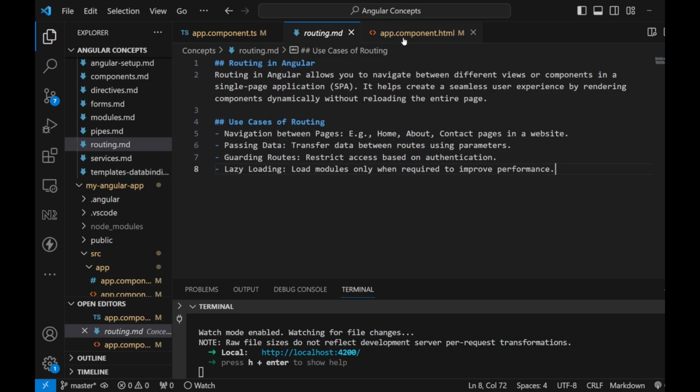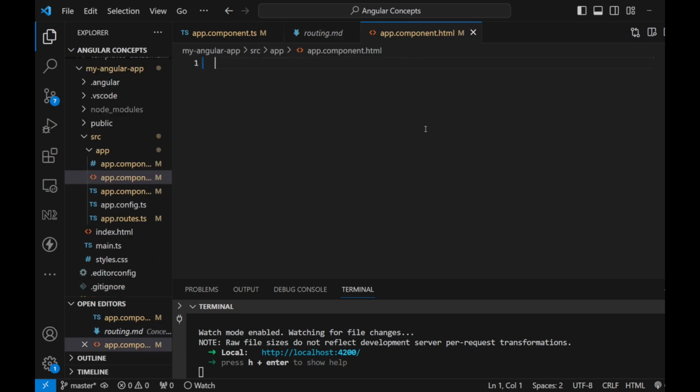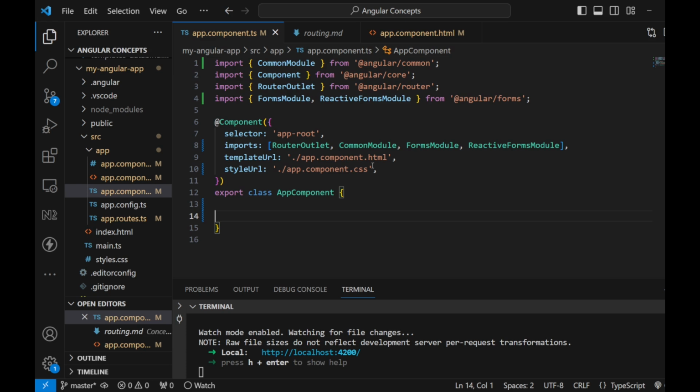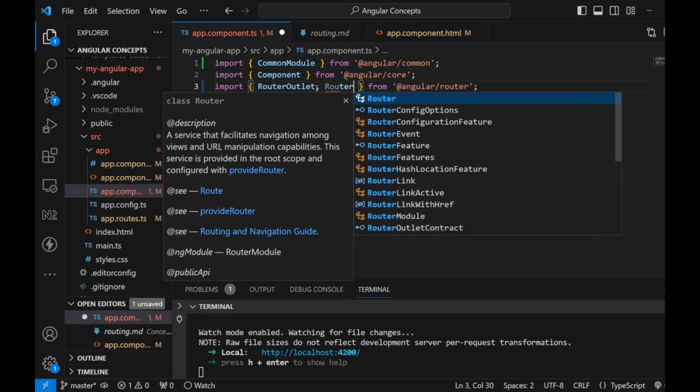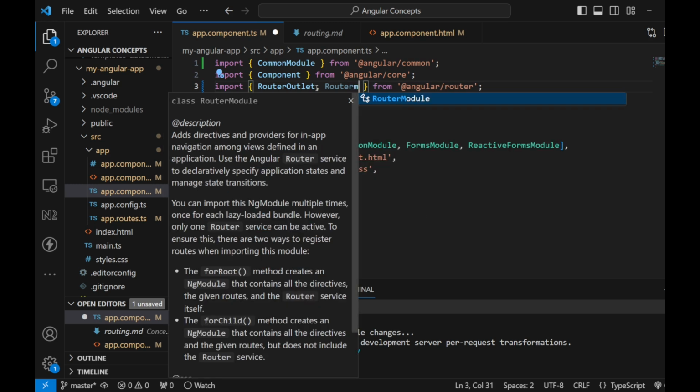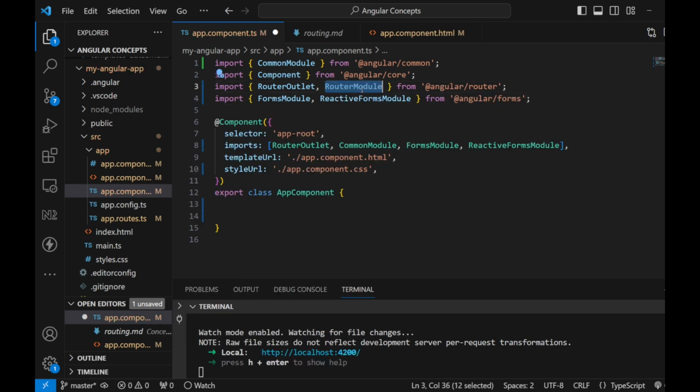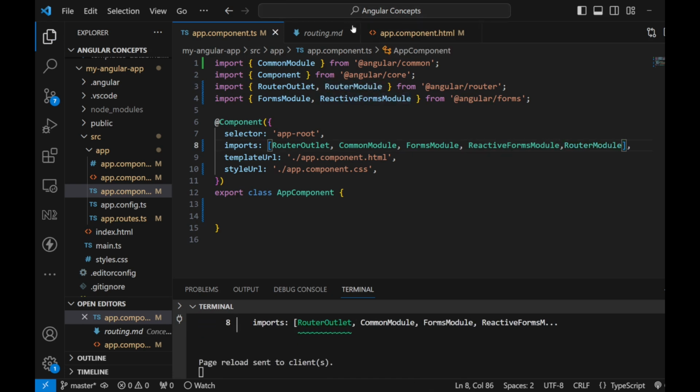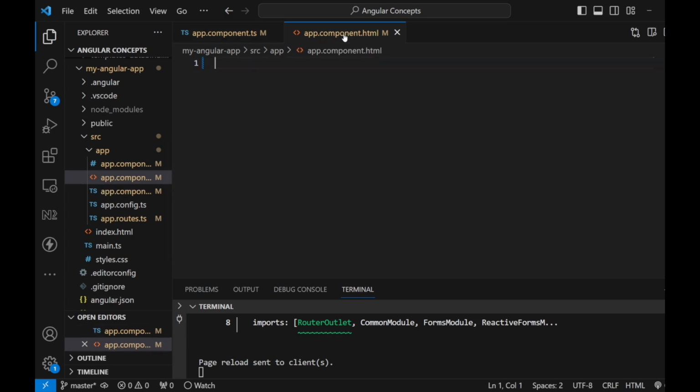So now let's discuss the code. For routing, what we need to do is import the router module. So let's import router module and import it here. Now what we need to do is add